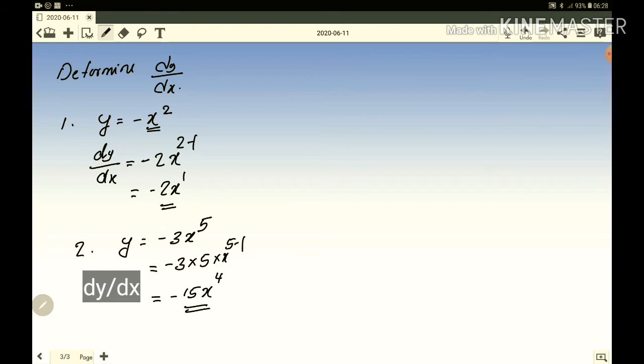Clear? Now, what happens if you differentiate more than one term? So let's do one question on that one. That is the third one. Let me write it here. The question is y is equal to x square plus 2x. So here when you differentiate, you have to go to each term and differentiate. That's it. Like the other question that I did just now. This is the first term and the second term.